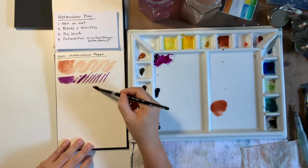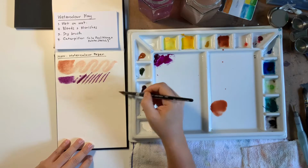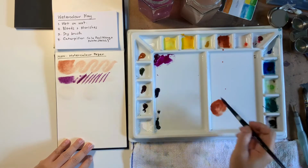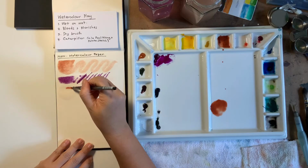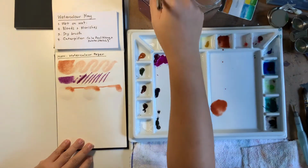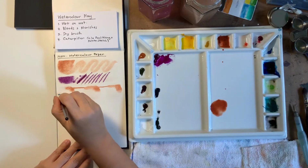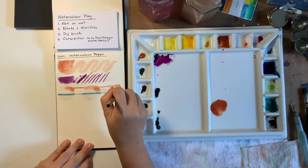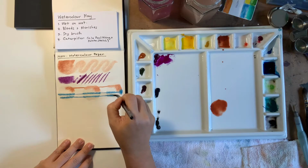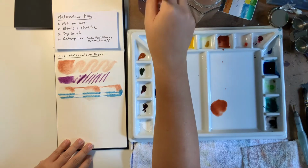The next one that I did is 3 blobs of water, and then I mixed another mix of brown, and I just drew a line. I just sort of take my brush and pull it across from wet to dry and wet and then dry again. So I'm trying a different color here and trying to drag it cleanly through both the wet and the dry areas. You can see clearer here